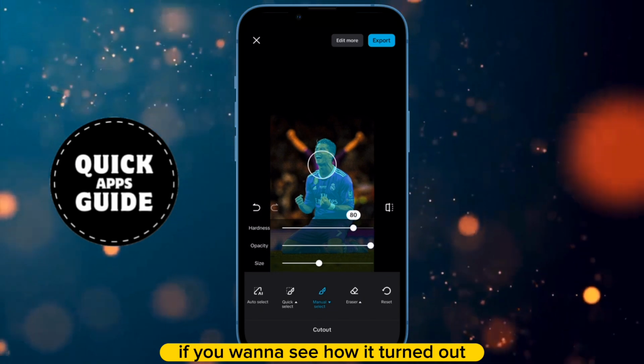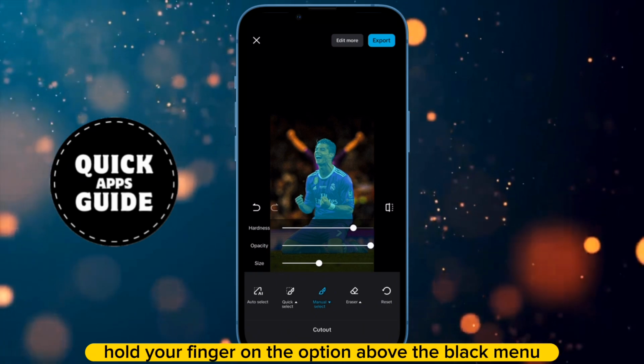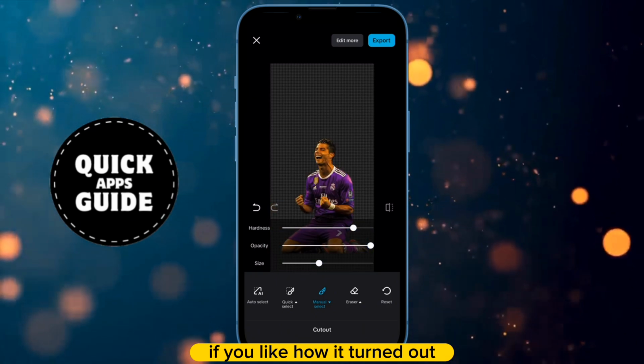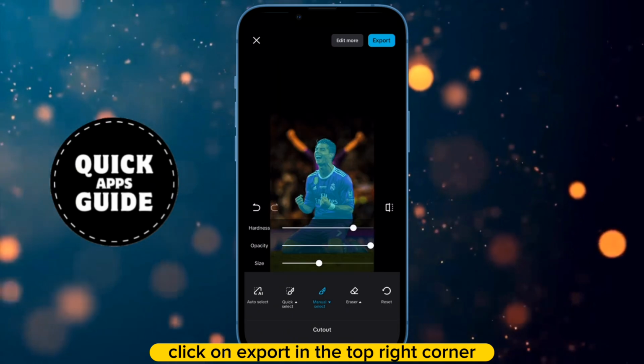is finished. If you want to see how it turned out, hold your finger on the option above the black menu. If you like how it turned out, click on Export in the top right corner, and it will be